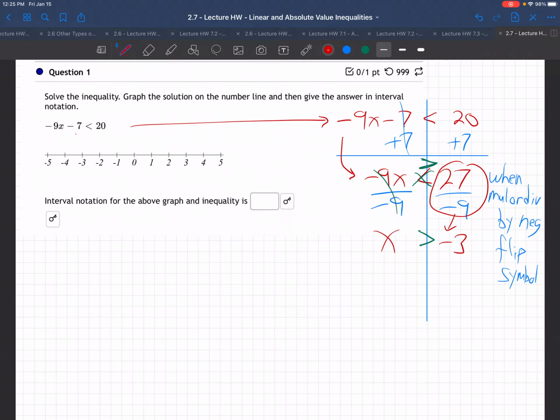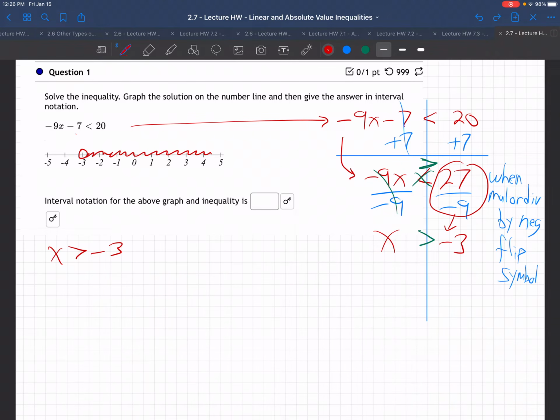Now how do we put that on the number line? Well, we go to the number line, we go to negative 3 with a parenthesis or a solid dot. It's the same thing. I'm going to put a hollow dot at negative 3, and we shade to the right. Does that make sense? Now, why a hollow dot? If you have x greater than negative 3,